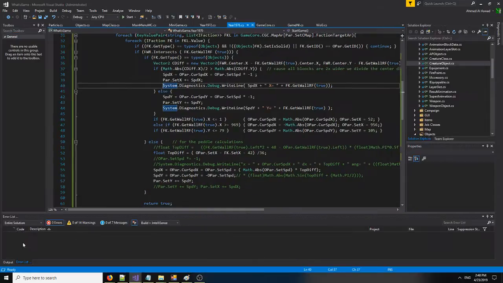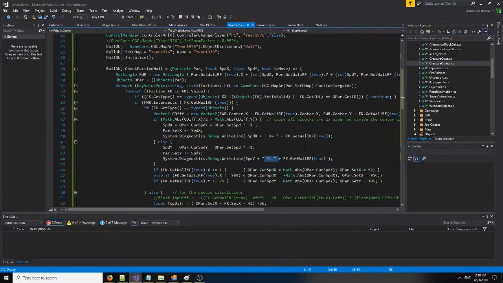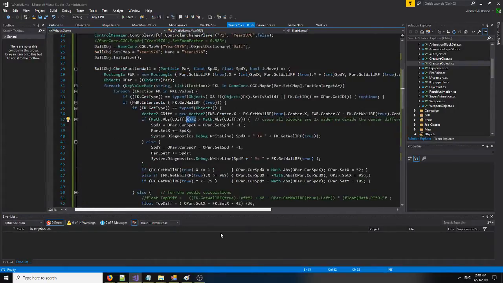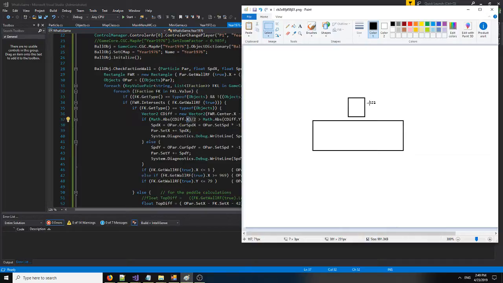Yeah, it's called Y. When it hit the left wall, it called Y. And the difference of the centers in X, that means horizontal, is greater than Y. Give me a second. If the center differences, yes, follow me, the difference between the two centers of the X is greater than the difference of Y. So if the difference of the centers in the X is greater than the distance between the height,